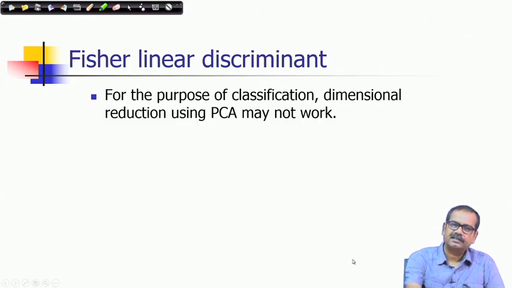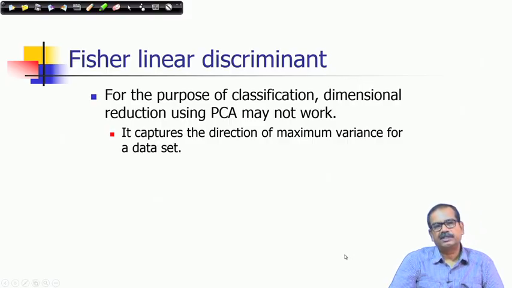It is a simple discrimination, reducing it to just a 1-dimensional component. The objective of this linear discriminant, which is known as Fisher linear discriminant after its inventor Ronald Fisher,